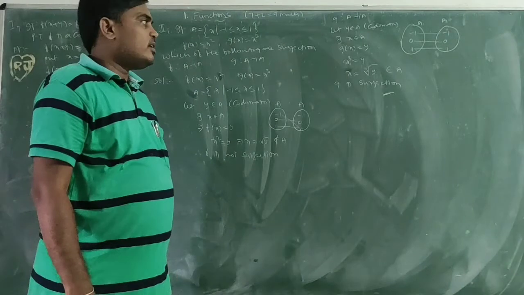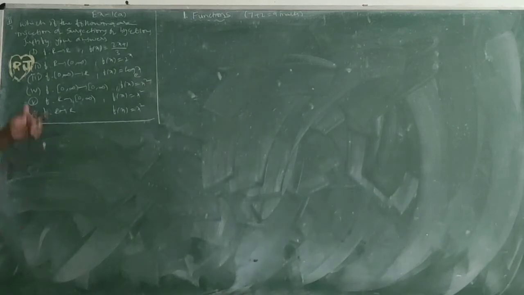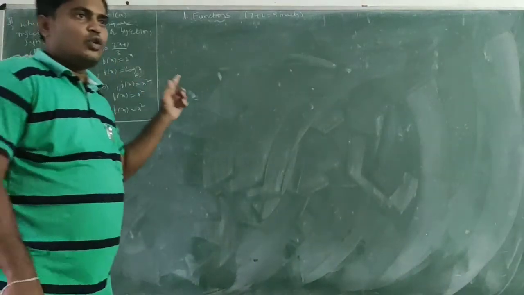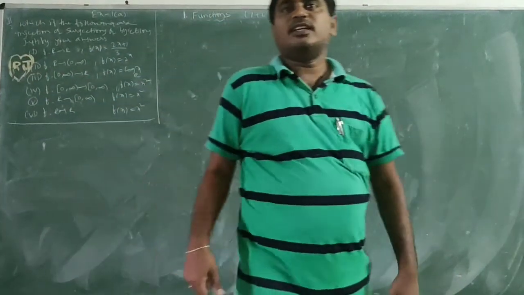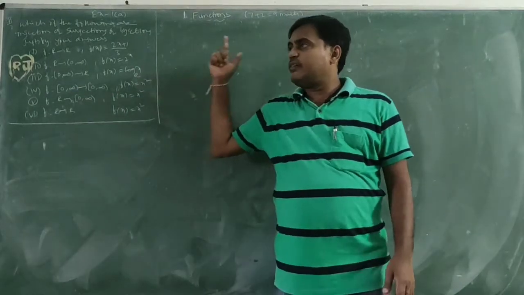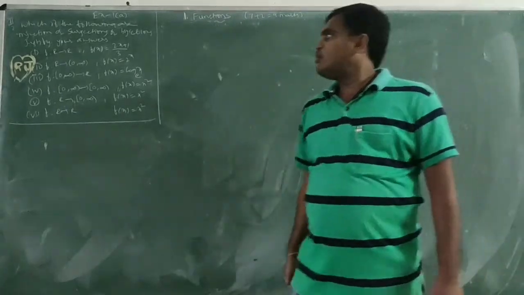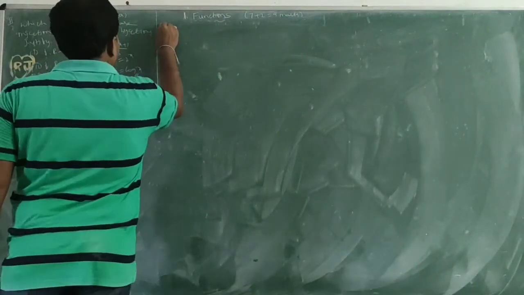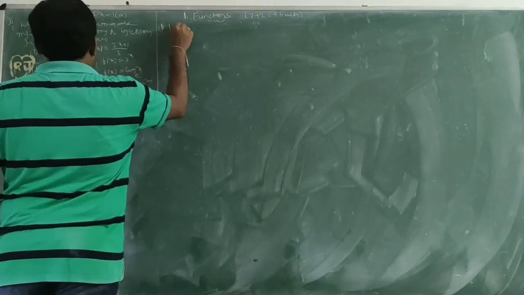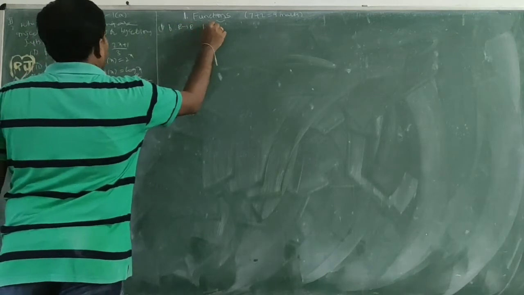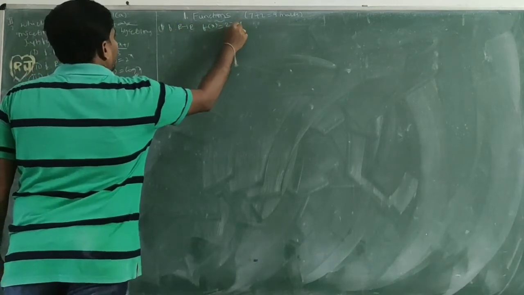Okay. So this is the injections, surjections, bijections: justify your answer. Here 6 questions are given. The function, domain and codomain are given, and the definition of the function is also given. We need to check whether the function is one-one, onto, or bijection. So the first one: f from R to R, f of x equals (2x plus 1) by 3.